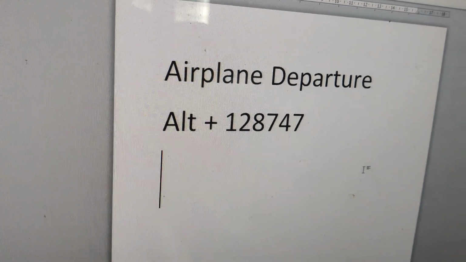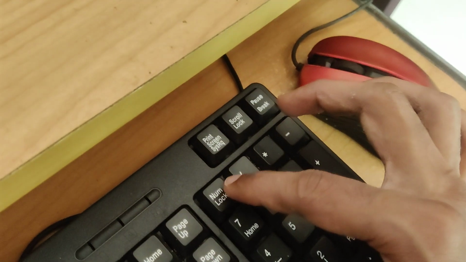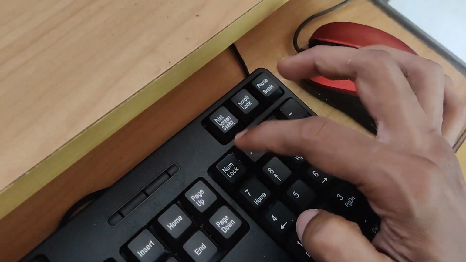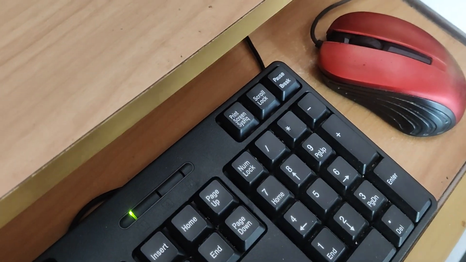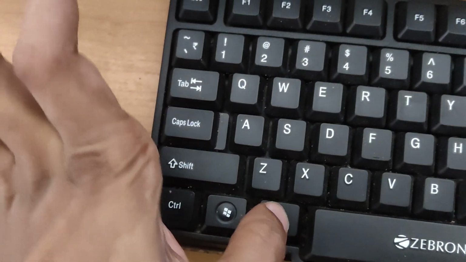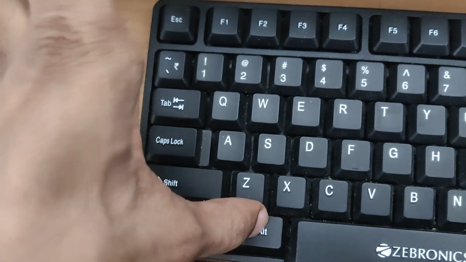For doing this, you must first go to your keyboard, and on this keyboard you can see this is the number lock. You must press this number lock. Now we have enabled the number lock. Then you can see an Alt key on the left side of the space bar. You must press this Alt key. Do not remove your finger from this Alt key. At the same time, you can type here